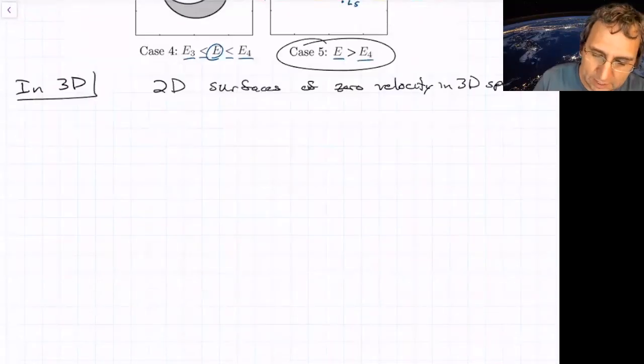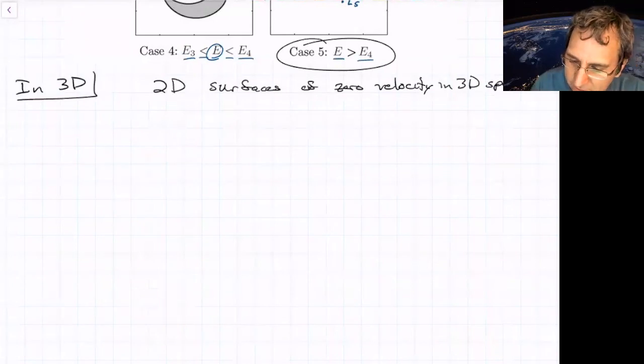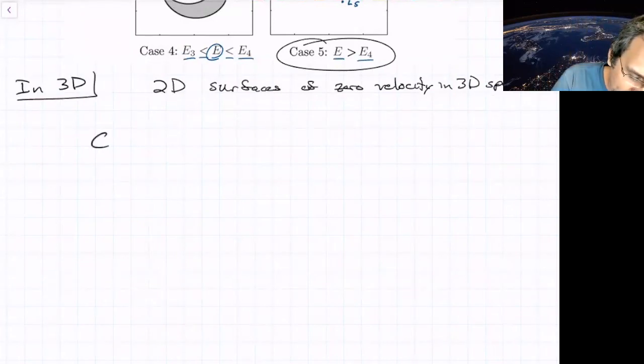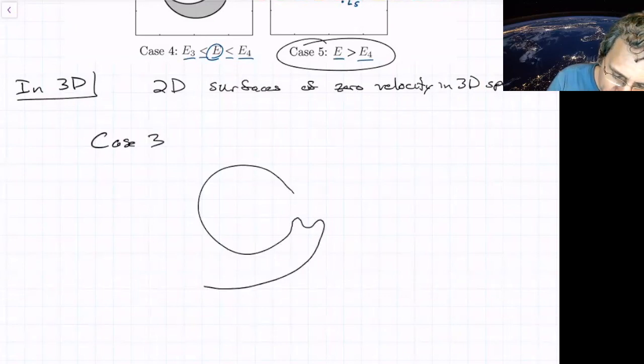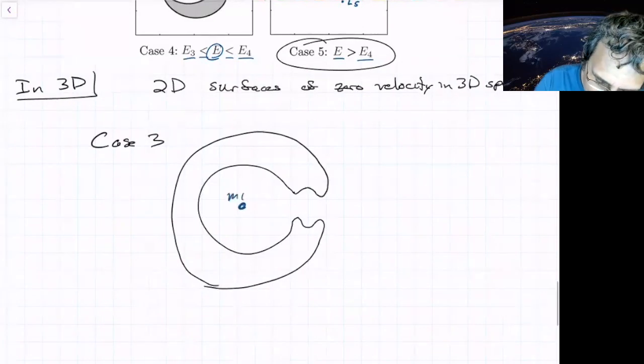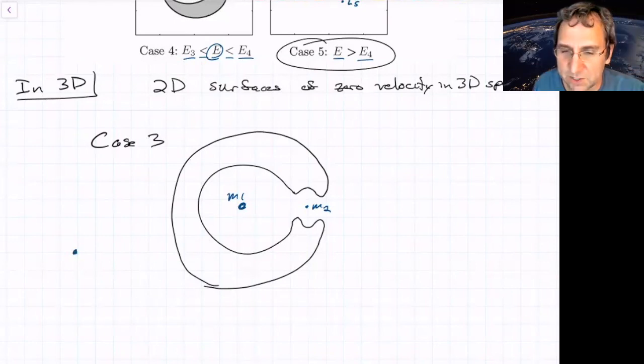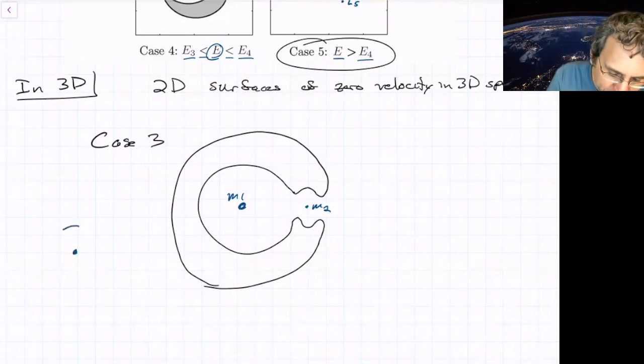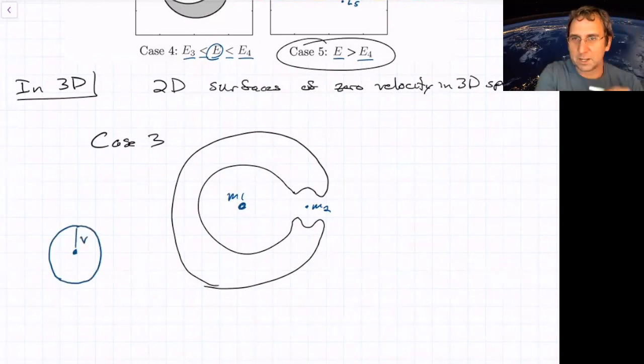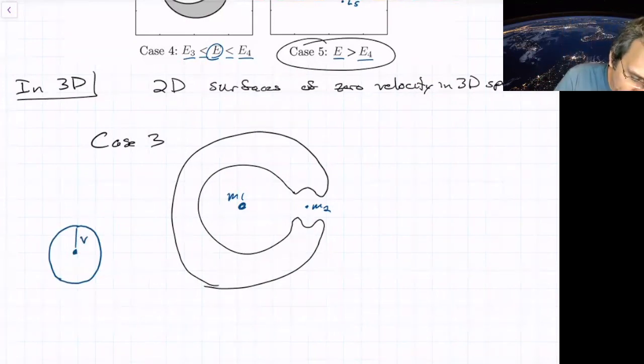That's a great point. Yeah, I've tried to do something with this. So let's say we're talking about case 3, and I'm going to try to freehand what things look like. Here's M1, here's M2, and then I'm drawing the zero velocity curve. If I have a spacecraft that's far away from the zero velocity curve, I could draw a circle of velocities. This is a circle of all the possible velocities I could have, and it has a radius of v, where